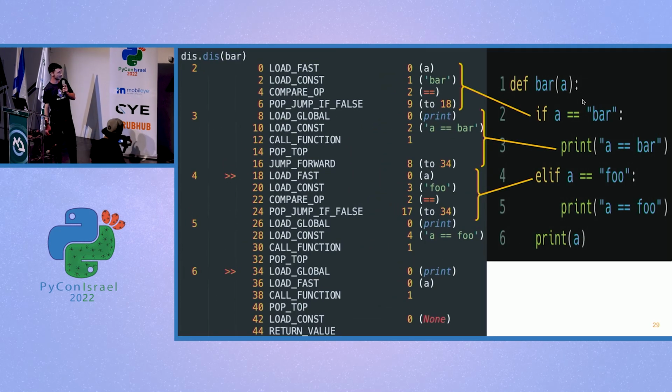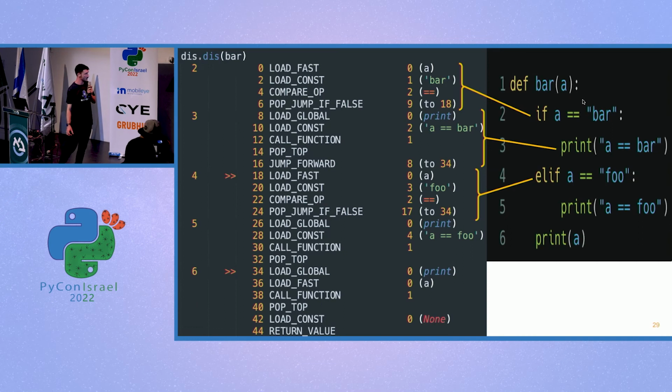The first if translates to the 4 new instructions. Again, we can see that there is a pop jump if false, which is supposed to jump to instruction 18 if the condition is false. And then there is the else if, which refers to instructions 18 to 24. So we should have jumped to the else if, and let's see what happened when we actually added a breakpoint